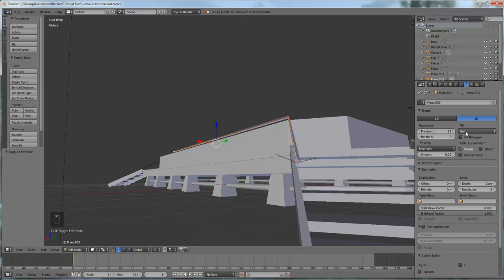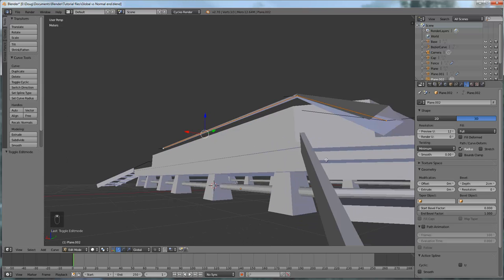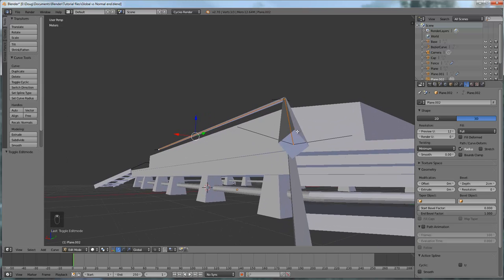That's because this says half. We want full. So we go full. Now we have a look at it. And I'm just going to zoom right in on the end, and you'll notice that it's a square. We don't want squares. We kind of want it to be rounded because it'll look better in the render. That's where this resolution came up. So the only thing we did was turn that to full, that to about 2 centimeters, and I'll just slide